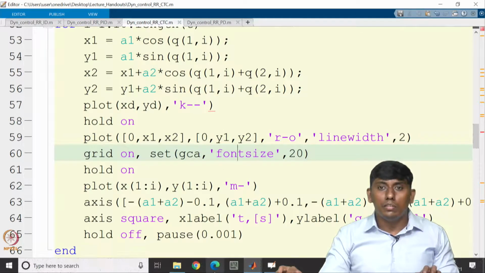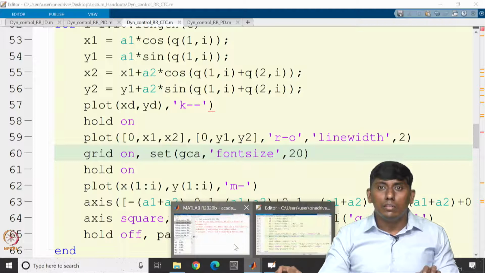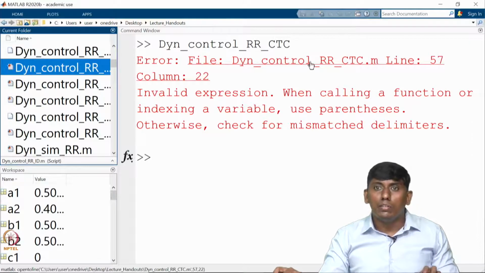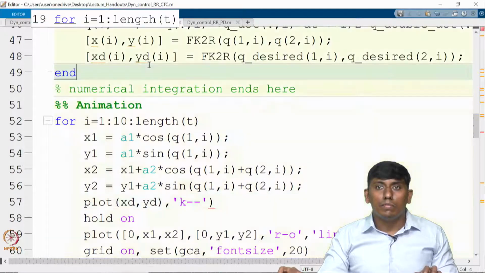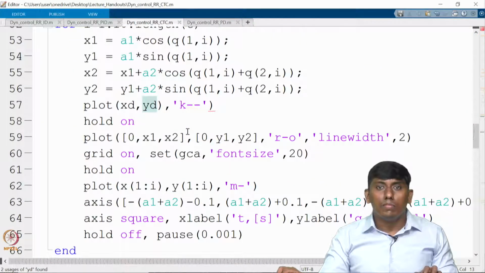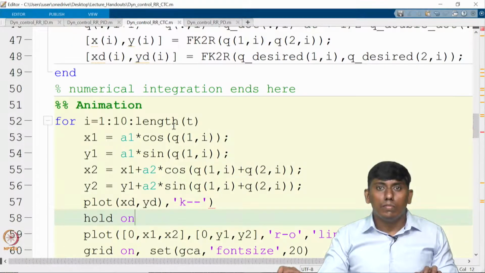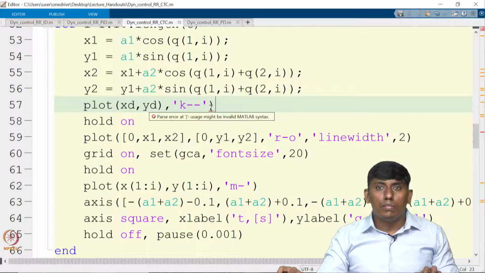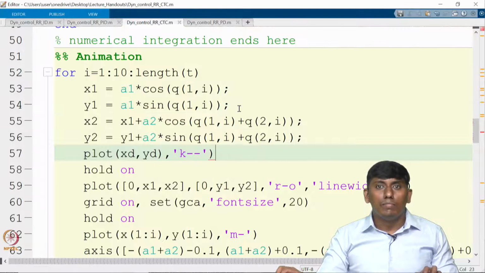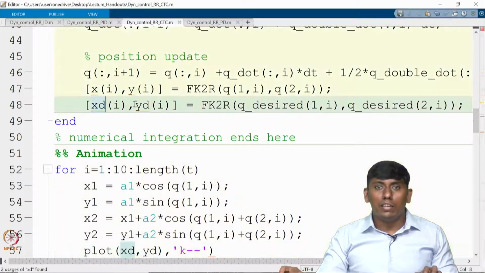I hope this, some error, because, okay. So we can plot this x desired and y desired.